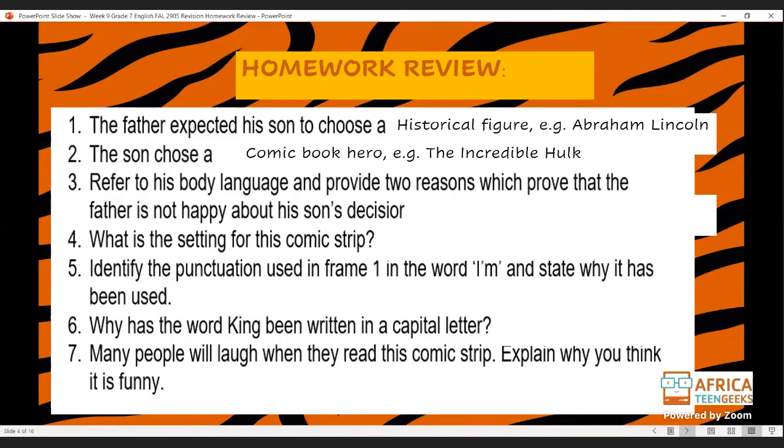Very good. A fictional character is the same. So I would still give you that. Definitely a comic book hero. Or you can even give the name of the character, the Incredible Hulk. But to really ensure that you get your answers right, especially with visual literacy, you want to cover all